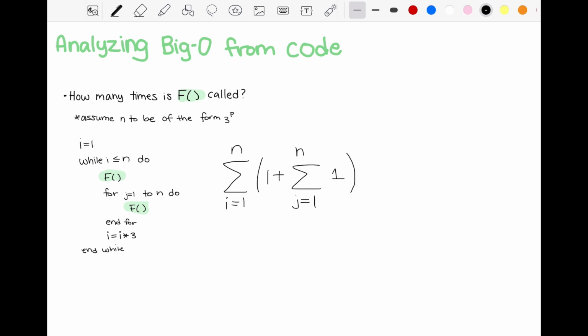Well, actually no, because this is where it gets tricky. Instead of I incrementing by 1, it's actually being multiplied by 3 each time. And the summation representation assumes that I is being incremented by 1 each time. And let me show you why this is a problem. So if we had it incrementing by 1 time, which is what our current sum is showing, it would look like this, right? But what's happening is it's being multiplied by 3